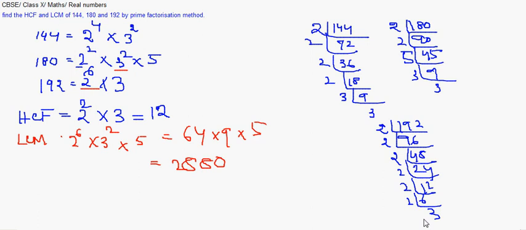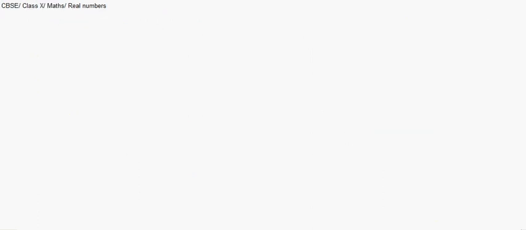Let me just take up one more question on a similar one. Okay, I'll just write it down. It says, find the largest positive integer that will divide 398, 436 and 542,